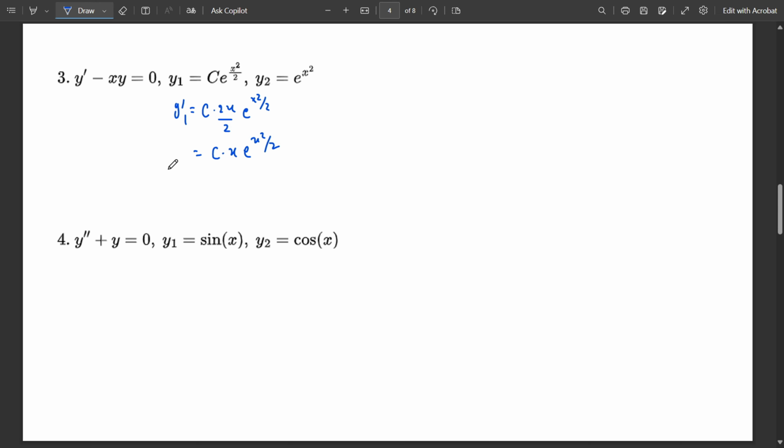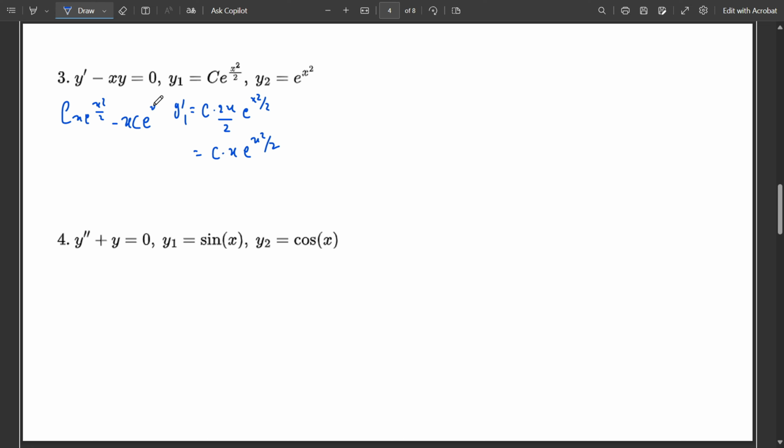Substituting this into the differential equation, we have c x e to the x squared over 2, wait, sorry, this is x squared over 2, and minus x times y, x times c